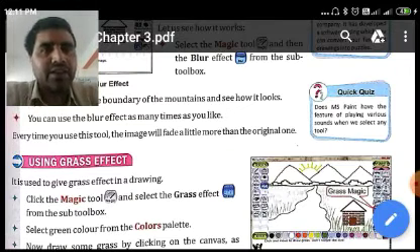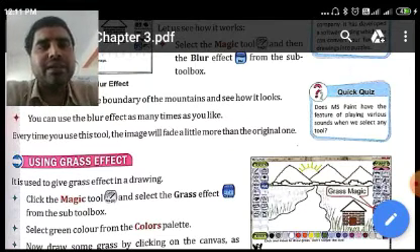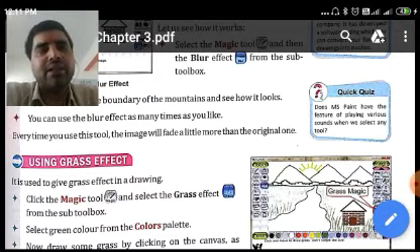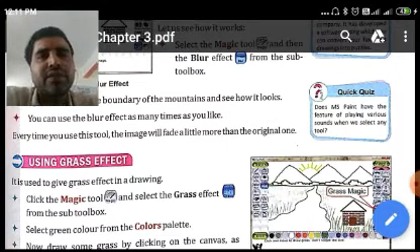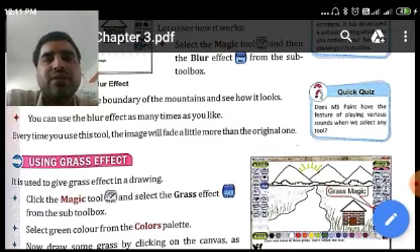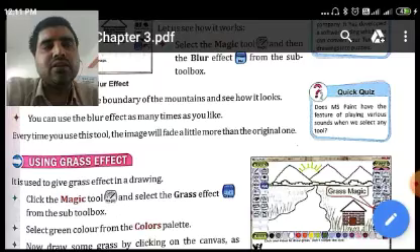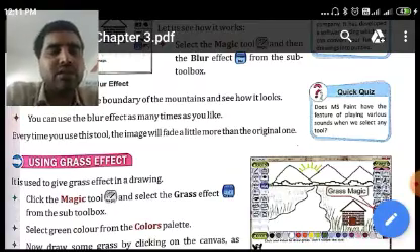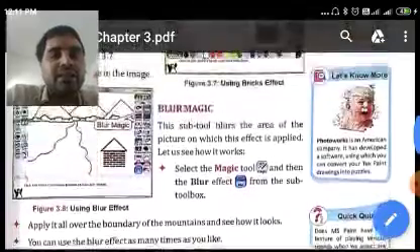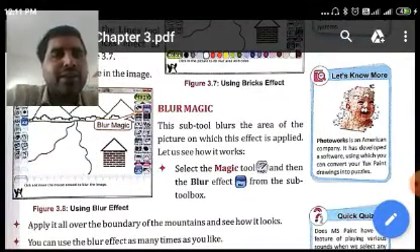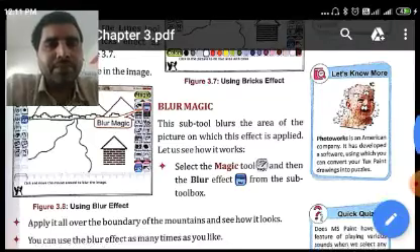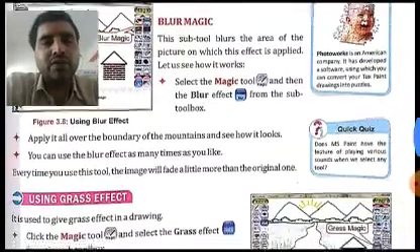It is very similar to MS Paint, but it is having much more options which are not available in MS Paint. Many of the options which are not available in MS Paint are available by using this TuxPaint software. That is why it is very unique software. It is very popular among children also. In the previous video we had discussed up till blur magic effect. This blur magic effect was an effect of the magic tool. Now we are going to continue the chapter.